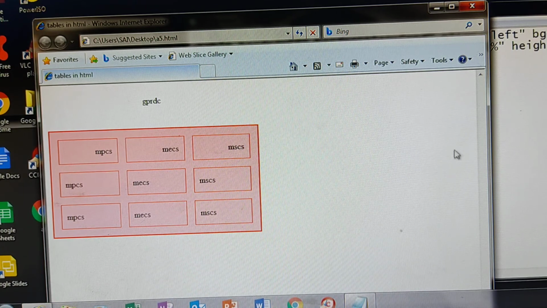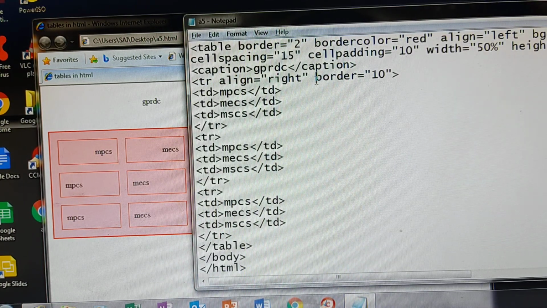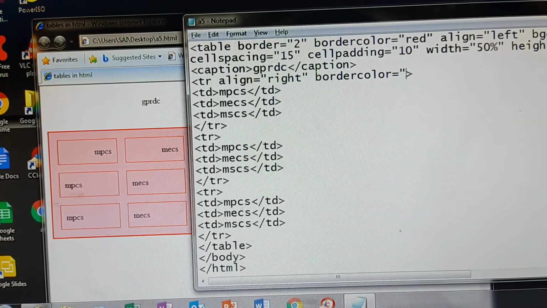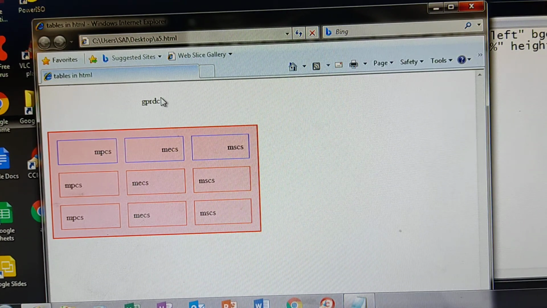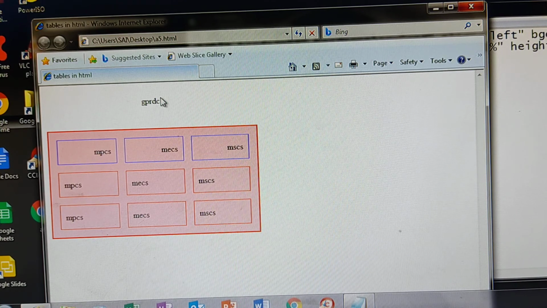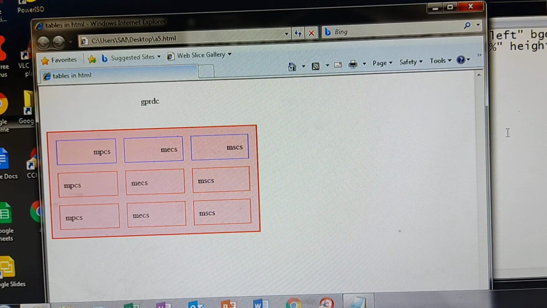Okay, we'll go with another one. Border color, we'll see. Border color equals to blue I am giving. Save it, come to the browser window. Only the first row, you see, you are getting border color in blue. The total table is displaying in a red color, but only the first row is in a blue color.